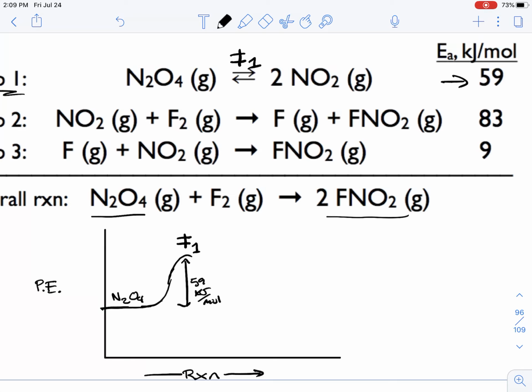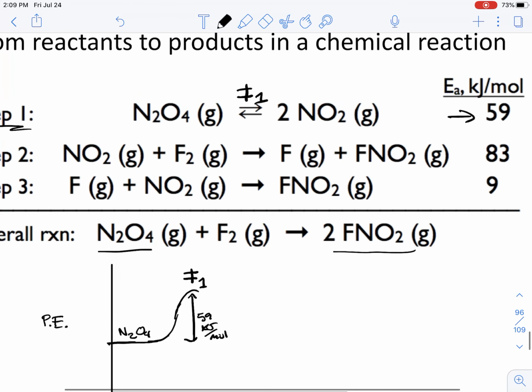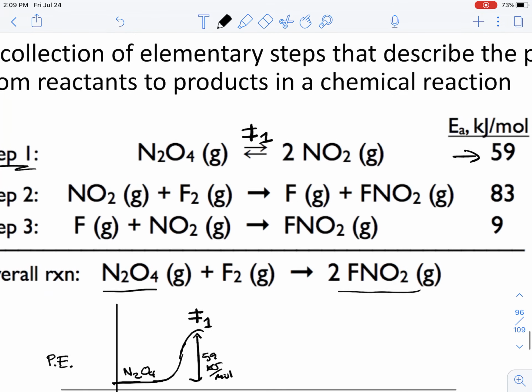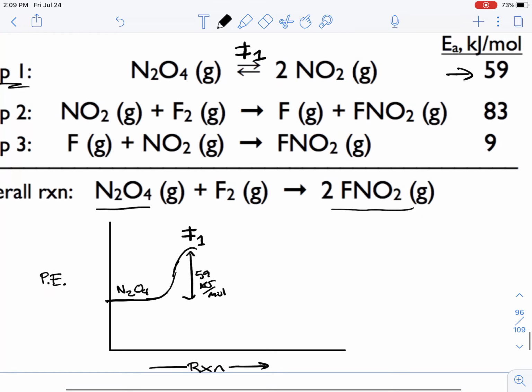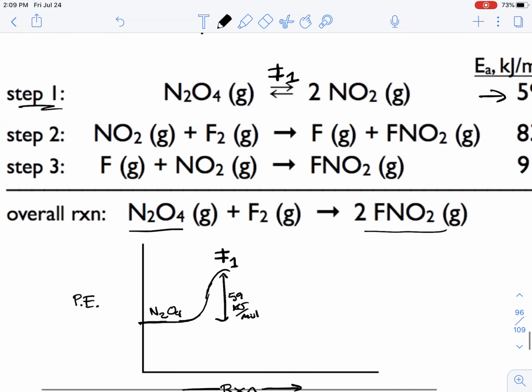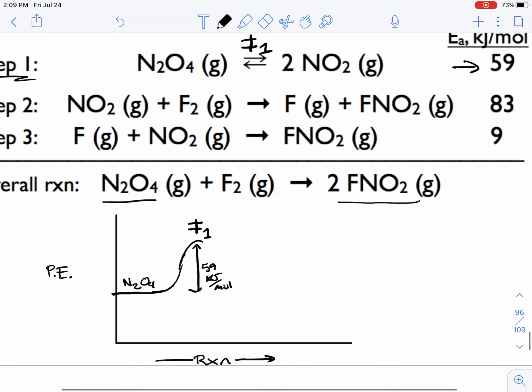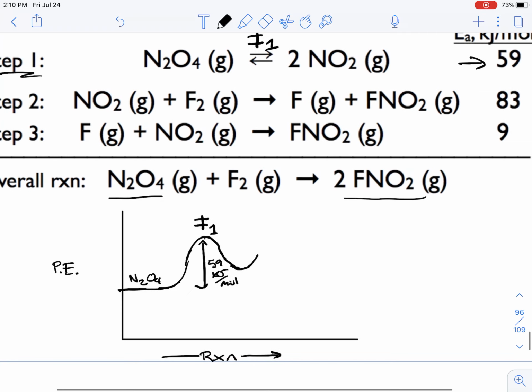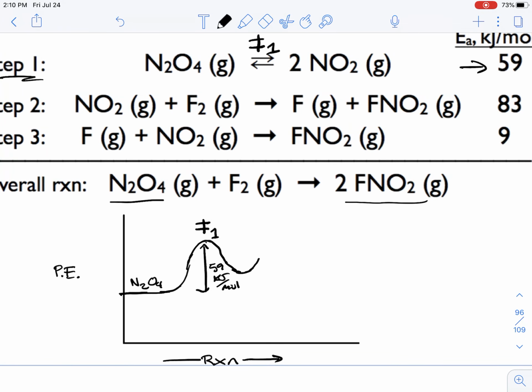And so this reaction mechanism does not tell us if the elementary step is exothermic or endothermic. And so I'm just going to arbitrarily move this curve downwards until I get to some value or some potential energy level. At this point in time, it actually does not matter. And so here at this point,